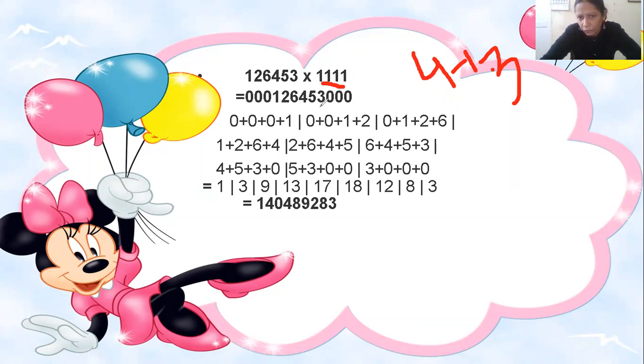What are the first 4 numbers here? You look here, 1, 2, 3, 4. 3 and these 3 zeros. Okay. These are the first 4 numbers. So I have written here 3 plus 0 plus 0. 4 numbers I have written here. Put the slash. Now you ignore this 0. Okay. Take next 4 numbers. What are the next 4 numbers from this?